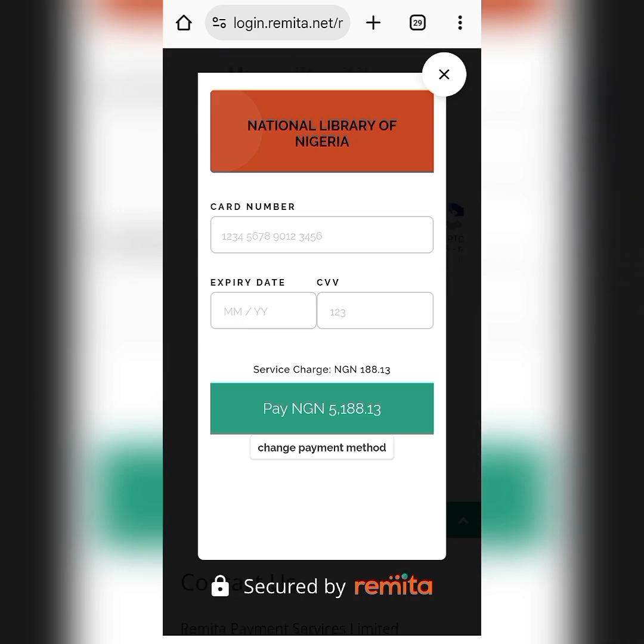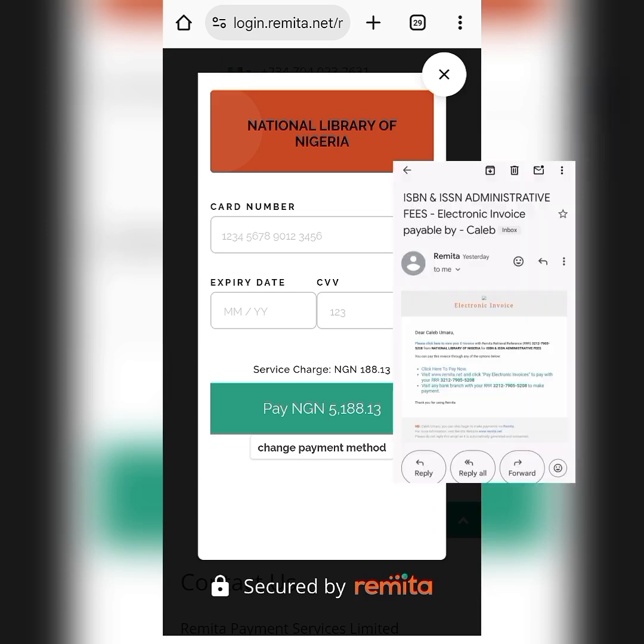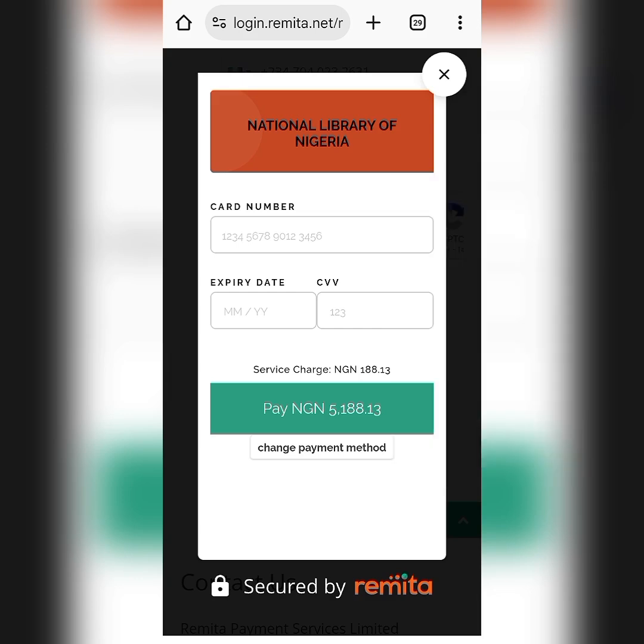Meanwhile, when you pay, they are going to deduct all this, then they will send you a Remitter code, a payment code for the successful Remitter payment. That is the code you are going to copy somewhere. Then your receipt will be sent to your email as well. You go and print that receipt, photocopy it, and take it along as part of your documents. Remember, you are also taking other things, which are usually your CAC certificate, your preliminary pages, and book cover. These are the things you need to take together with this receipt. So this is the process of paying your ISBN fees for the physical process before going to the library.